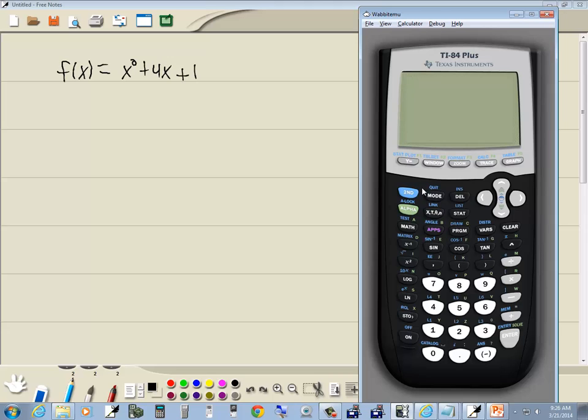Well, if I go to my Y equals and press clear out wherever's there, we'll enter in our quadratic function. So I've got x squared plus 4x plus 1. Now if I press graph,